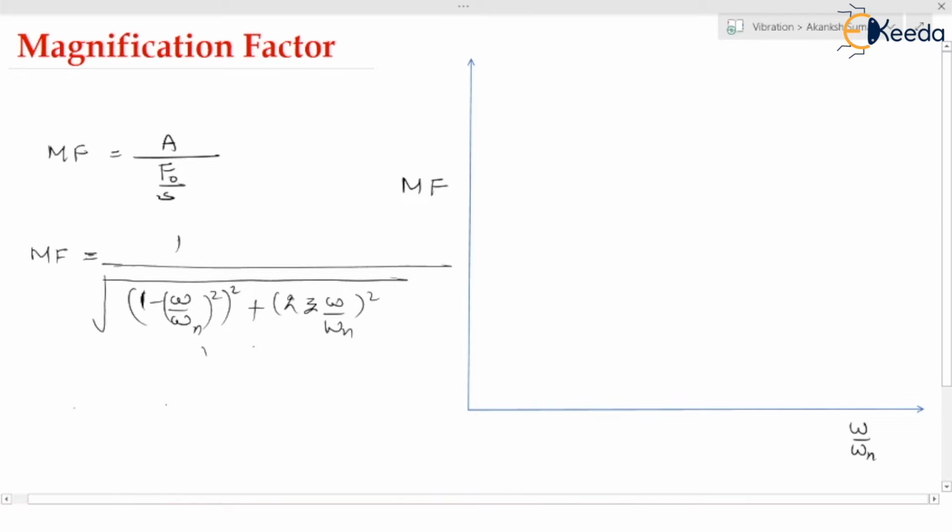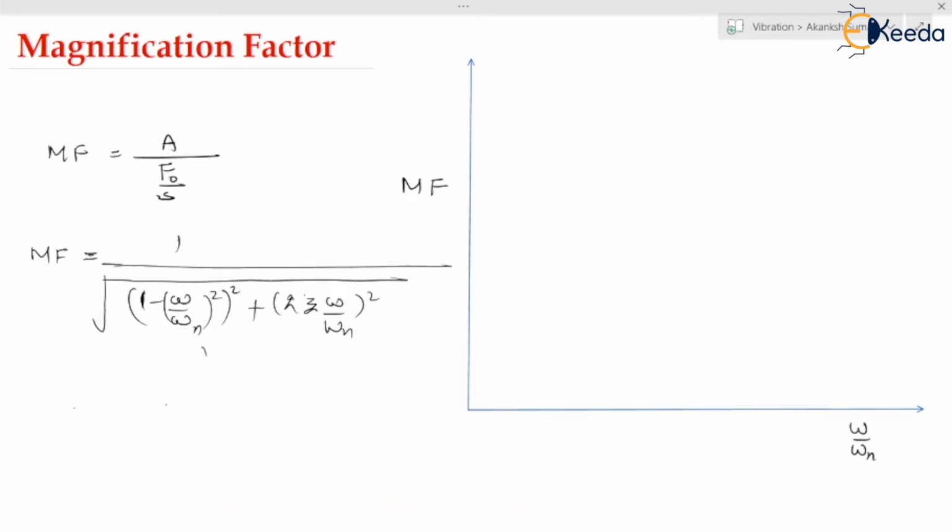Now see here, amplitude. When you put the value of amplitude, you can get the value of this. Now you can see the magnification factor is a function of the ratio of frequency, that means omega by omega n. Now see here, zeta is constant for a particular type of damping system. That means, because we know that